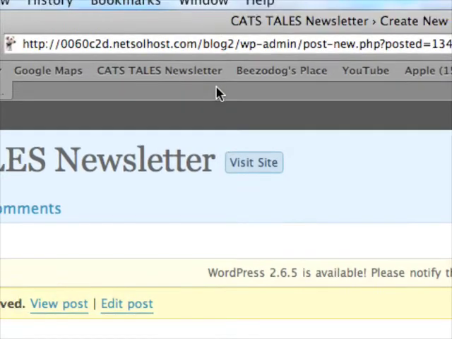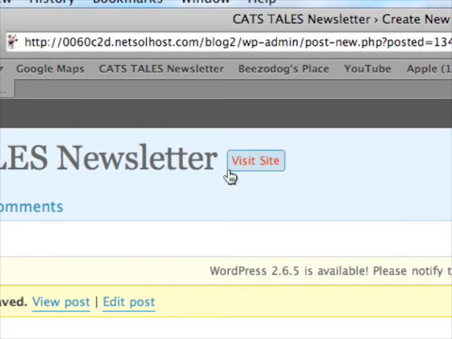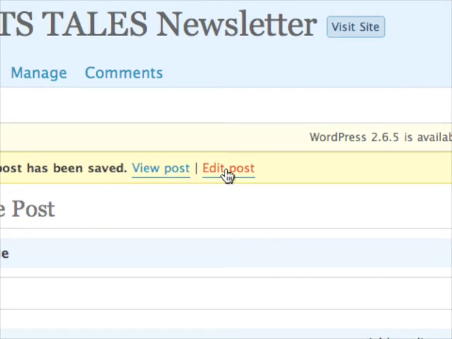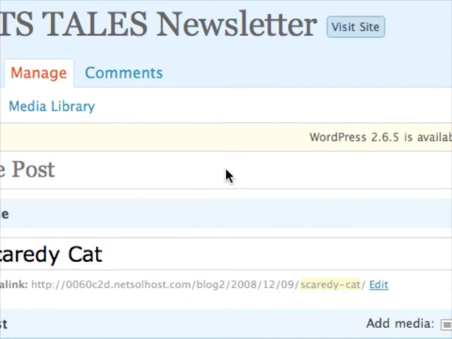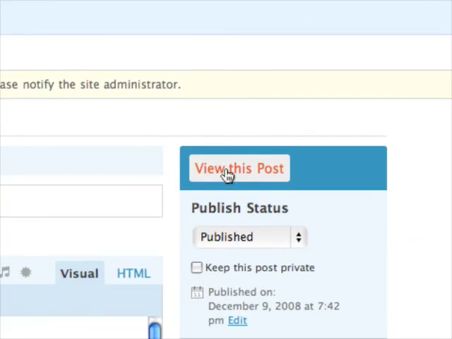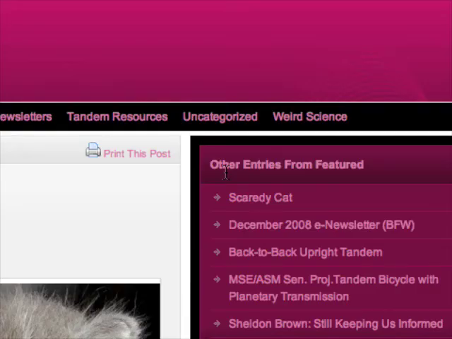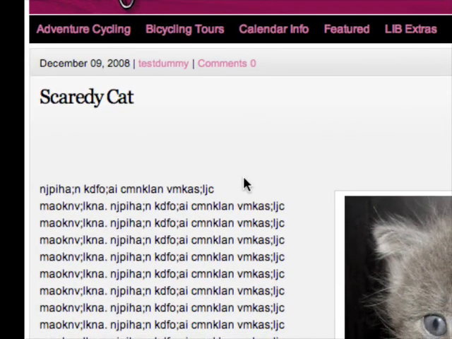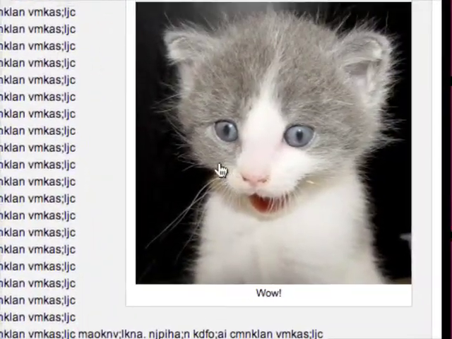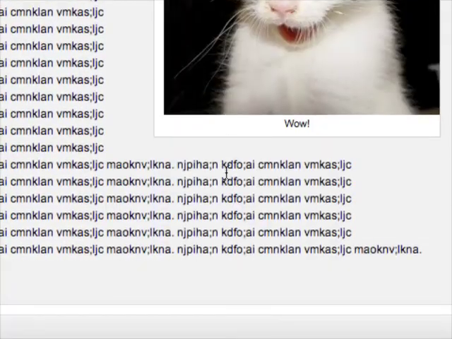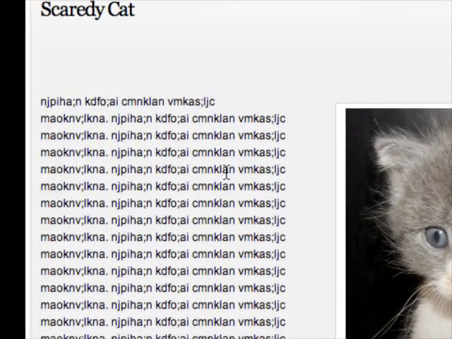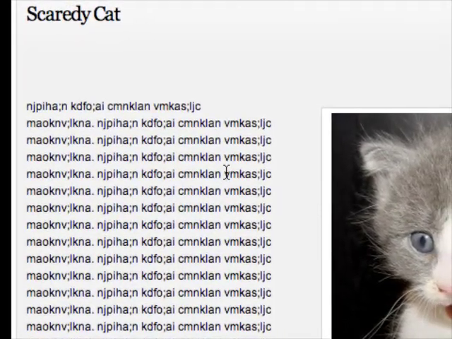And then the thing starts to churn a bit. And if you want to take a look at your article before you leave, you can click on Edit Post or View Post. It doesn't make any difference because this button, the View Post button, is always there. And now it's going to bring up a copy of the article as it's going to appear. So there she is in all her kitten fright, and we've got an article that's ready to go, except for the fact that maybe I have a little bit too much space between Scaredy Cat and the beginning of my